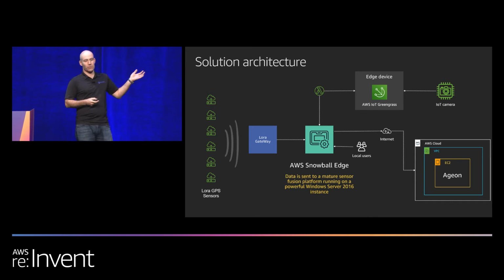Ramesh did a great job showing you a couple of use cases across various industries for that, and that's exactly what we want to do. We want to bring our software on the Snowball. We actually had 4 compute instances running on the Snowball. We want to get it running quickly. We want to use machine learning via Greengrass, and then we also want to be able to connect to a